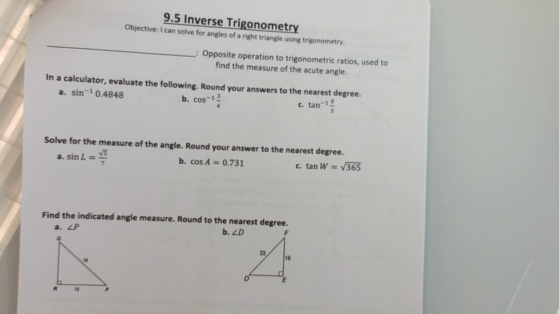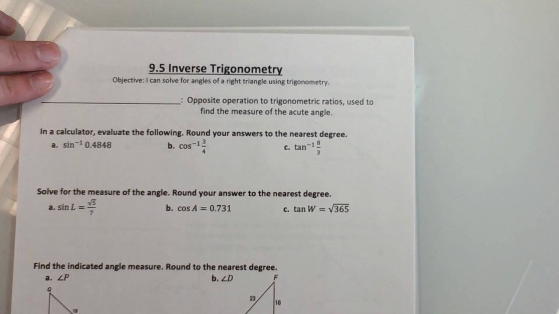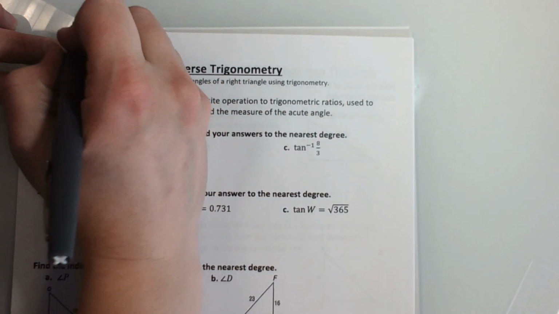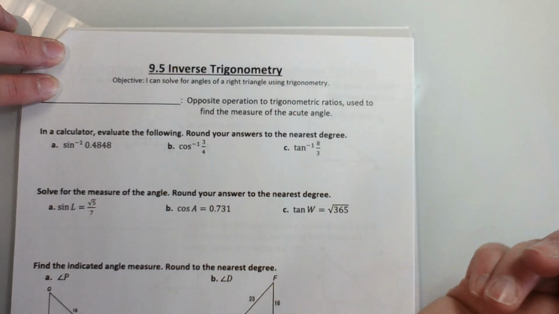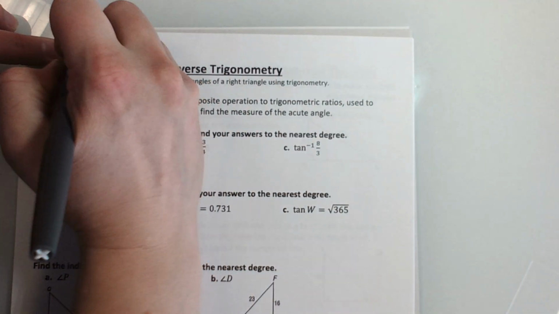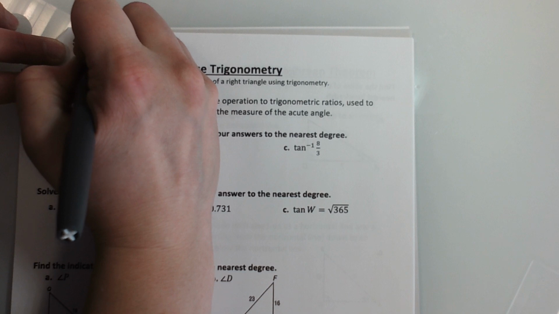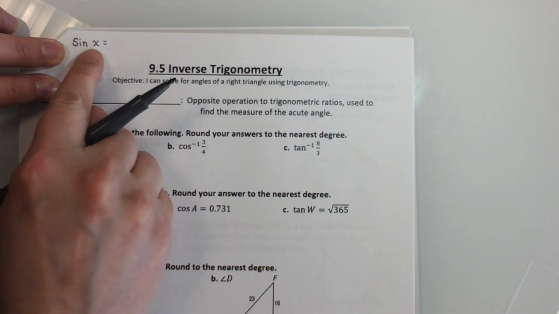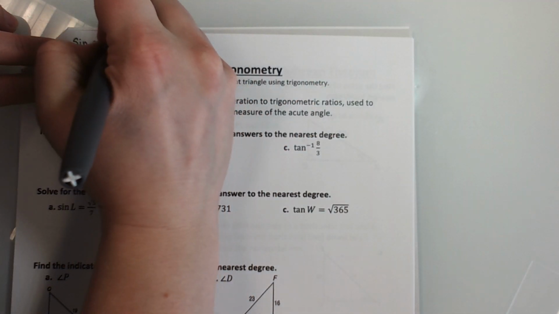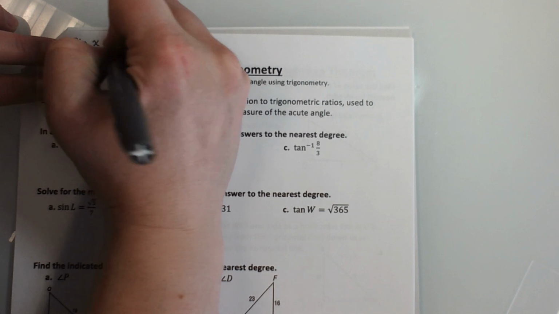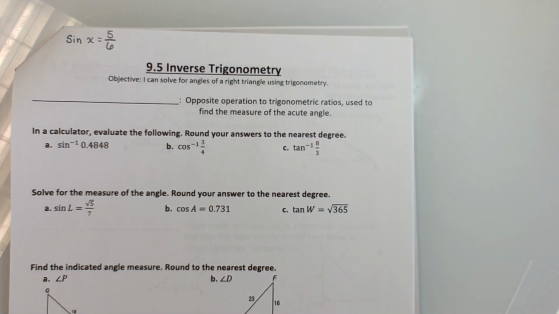The reason we haven't solved for angles yet is because of where angles go in trigonometry. When I write a trig ratio, and you don't have to write the stuff I'm writing across the top if you don't want to, if the angle is unknown, the unknown goes right here, and it's equal to a fraction that'll have numbers in it. It looks something like that. But if you think about how we get x alone,